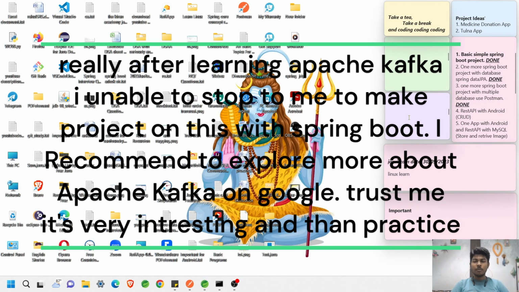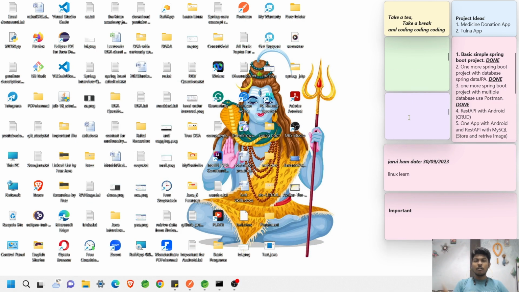Today I want to present my project which is based on Apache Kafka. Apache Kafka is a messaging tool that is used in industry to share data from one application to another application or database or any source. Here one concept comes. One is the producer who produces the data, and one is the subscriber who fetches or subscribes to the